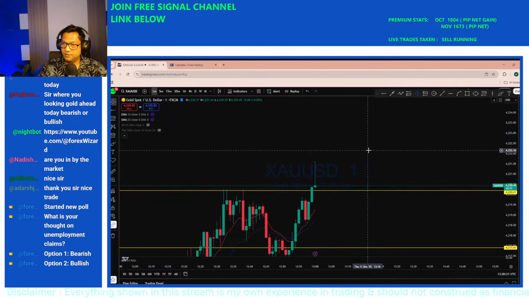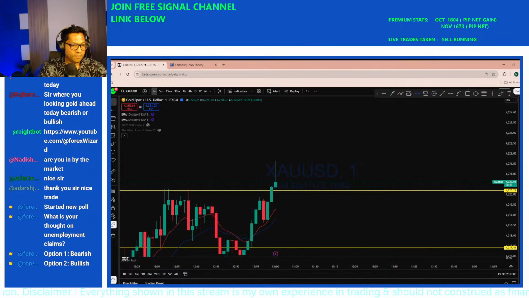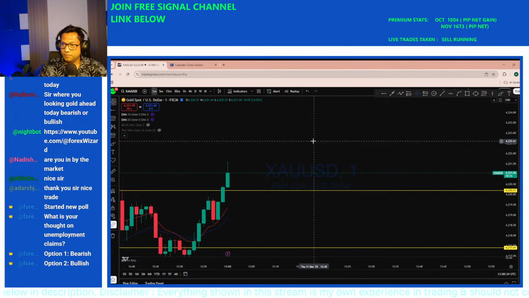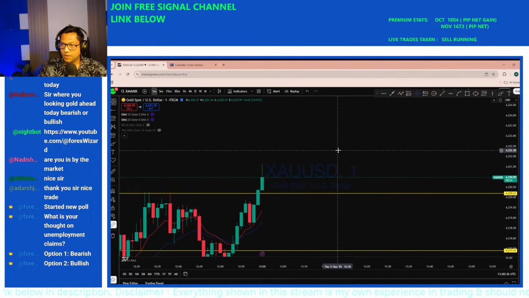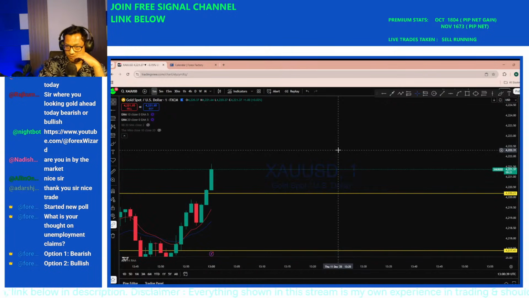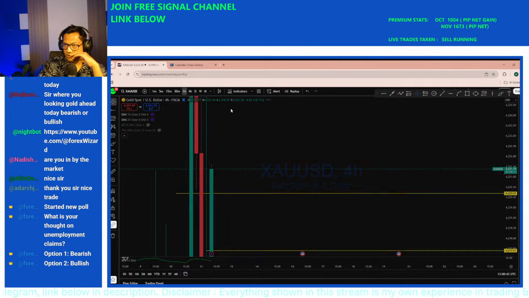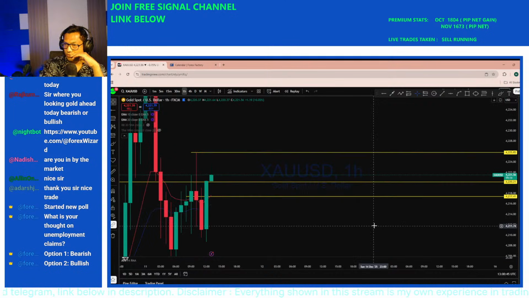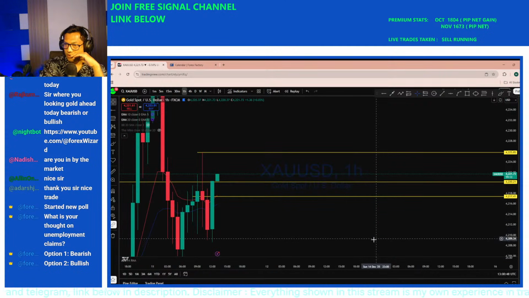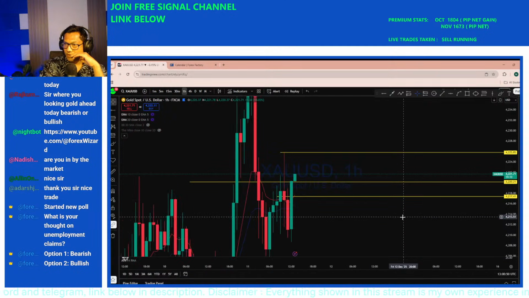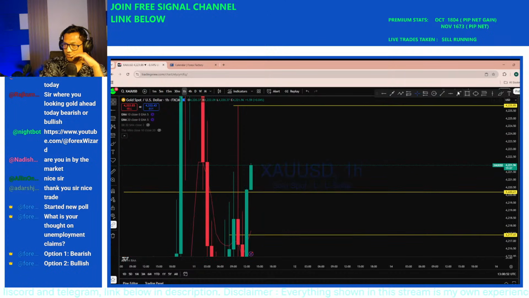And okay, that means it's going to try to push further. It's a bullish engulfer from the 1 hour, so showing that